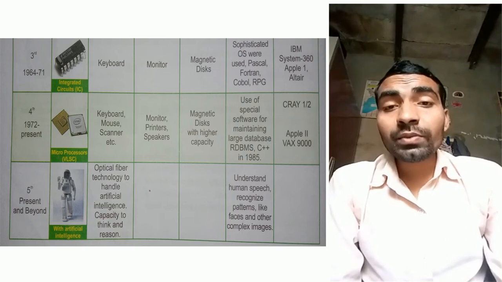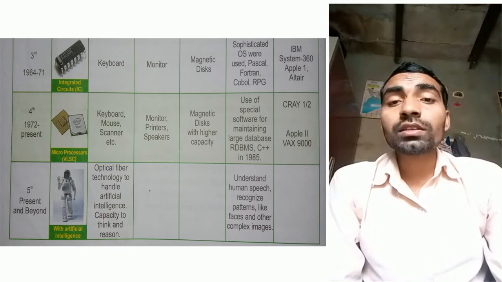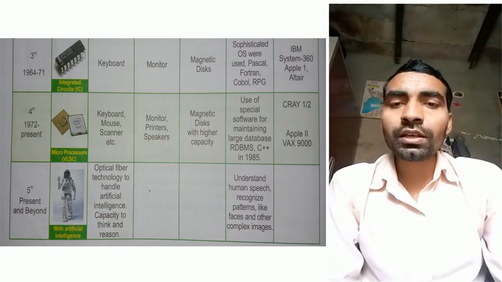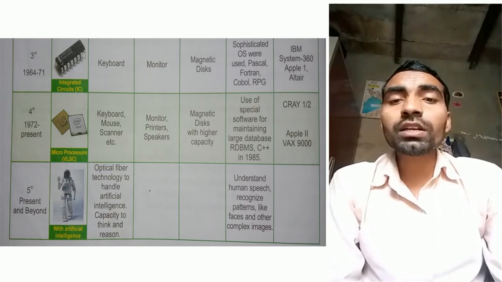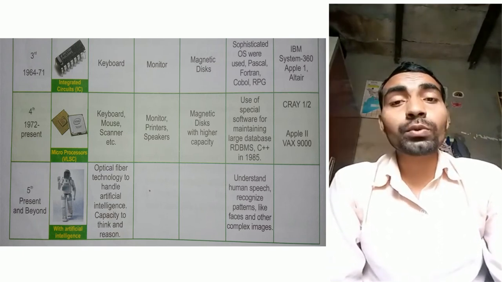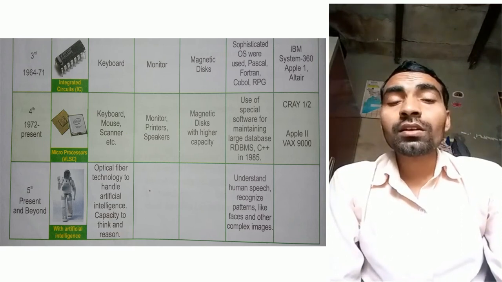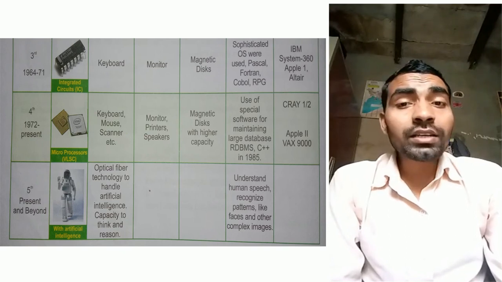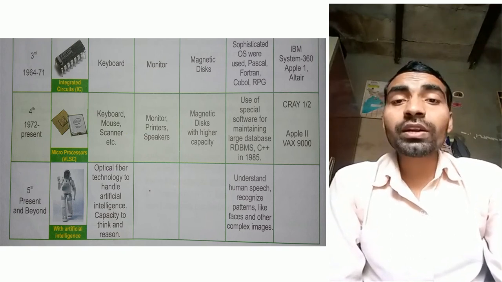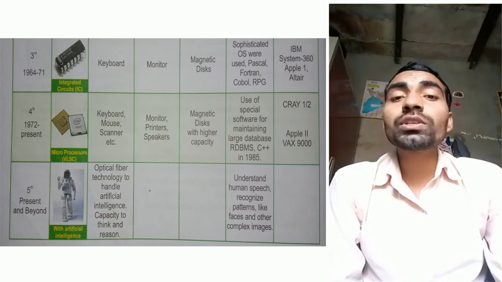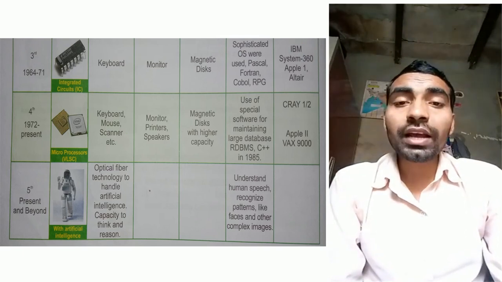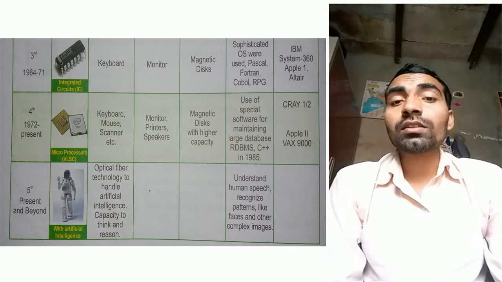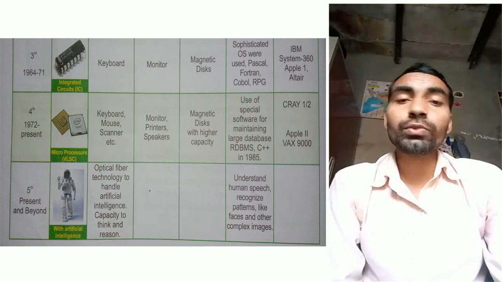That's why the fourth generation is considered the most successful generation in the field of computer technology. In this generation, all possible devices have been used, like microprocessor as the circuit, keyboard and mouse as input and output, the hard disk, floppy disk, pen drive, DVD, CD as the memory, and RAM as the internal memory. So the fourth generation is the most successful generation in the field of computer technology.